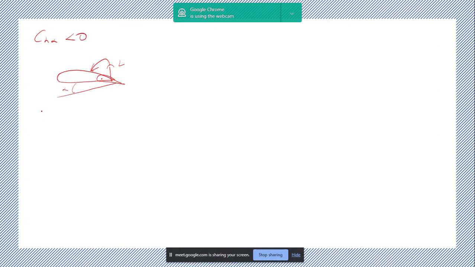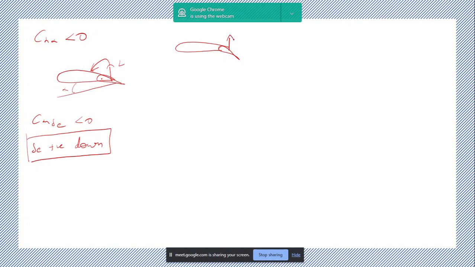Okay, next Cm delta E. Cm delta E is also negative, correct. So if this is your tail and I deflect the elevator down, elevator deflection downwards is positive. Let me just write that. Delta E positive is down. This is the convention that we follow. If I deflect the elevator down, it produces a lift upwards, produces a pitch down, nose down moment. So Cm is negative. A positive deflection of delta E gives a negative pitching moment. So Cm delta E is negative. Okay,